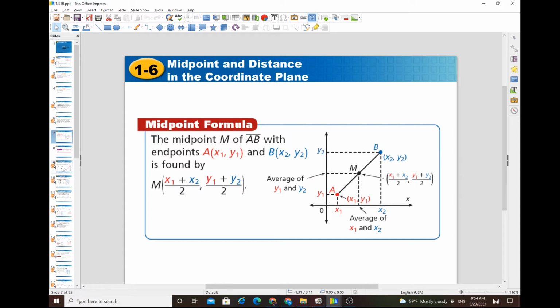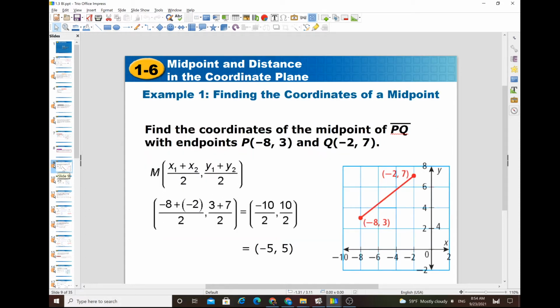Okay, so now check out one of the examples here. Find the coordinates of the midpoint of segment PQ with the endpoints P equals (-8, 3) and Q (-2, 7). So this one, identify the values x1, which is -8, and x2, -2. Combine those two values together and then divide by 2. Same thing for y1 and y2: y1 is 3, y2 is 7, combine them together, divided by